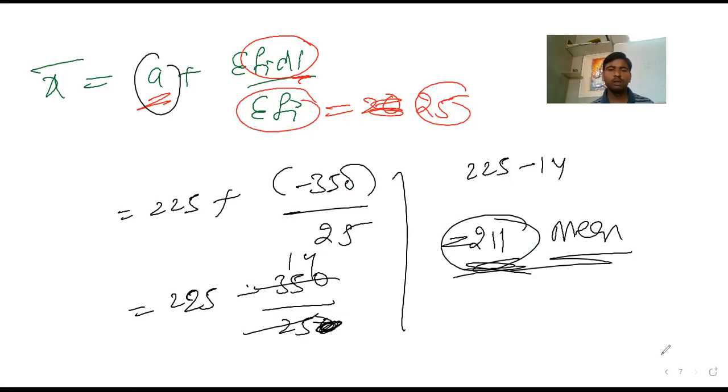To find out mean, the first thing is the direct method, in the previous class. Now in this class I explained how to do it by the assumption of mean method, the step deviation method, and then the shortcut. These are the methods I did. For these methods you have to apply for higher numerical values. I hope you must be clear.